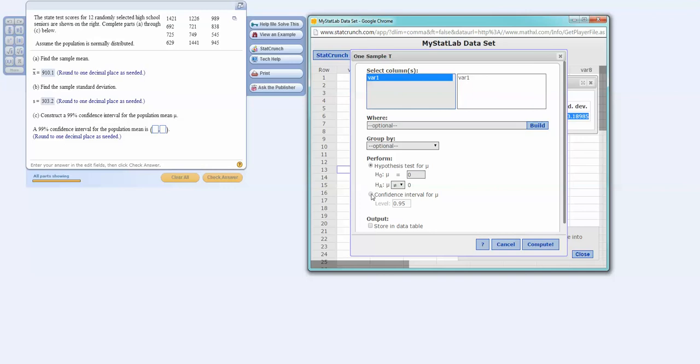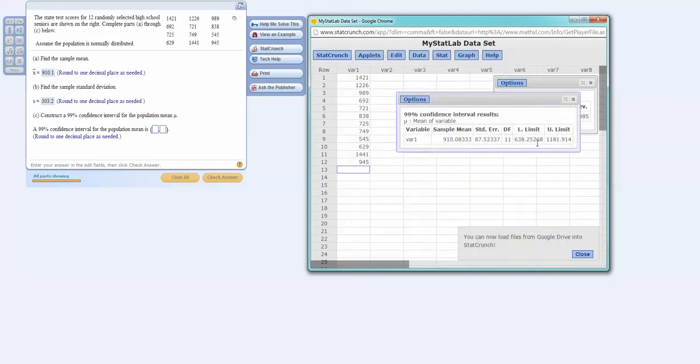I will come down here and left click the radio button for confidence interval for mu. Notice that it defaults to 0.95. I want it to be 0.99, so I will edit that, and now I will left click compute, and I'm given my lower limit right here. Notice that it does go out to 5 decimal places, and I'm given my upper limit here, which goes to 3 decimal places. So we're going to round to 1 decimal place as needed, so the lower limit will be